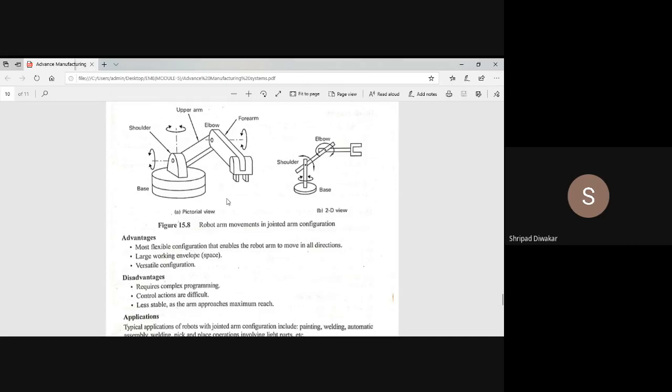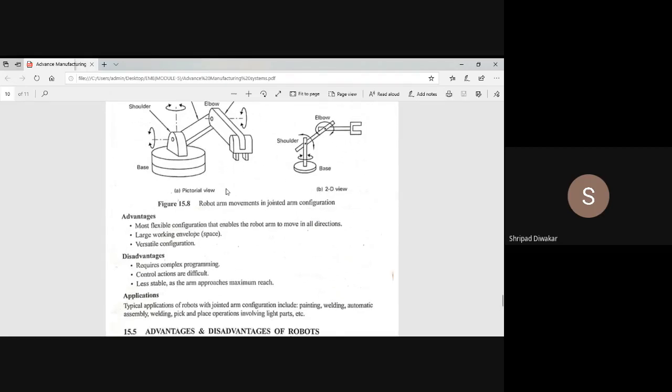You get a large working envelope, or large working space, using this robotic arm configuration. Next, it is a versatile configuration; we can fix any number of arms to this robot. Hence it is most flexible in nature, we get larger working space, and also the most versatile configuration.